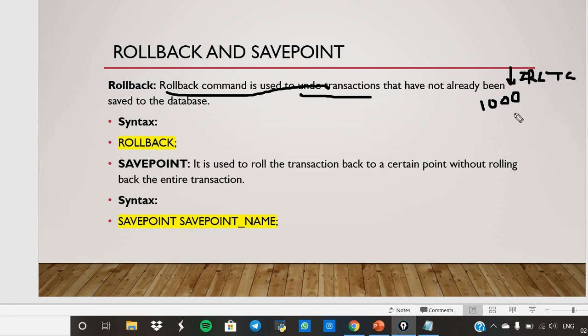Okay, now what will happen is this 1000 rupees will go. Before commit, if some issues or power failures happen here, and now this is the commit, this will get back again.